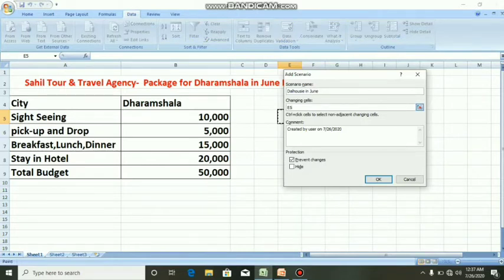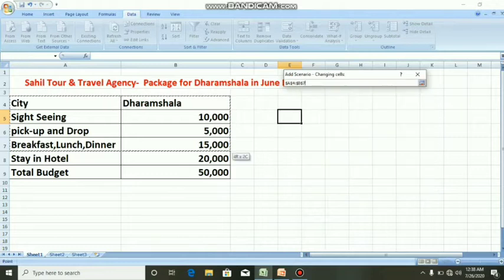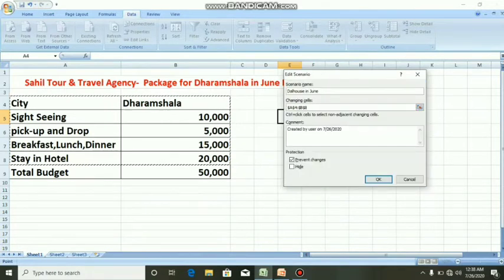In changing cells, we can delete this cell range. Now we can select this data. In the comment section, if you want to type, you can type over here, Dalhousie package.